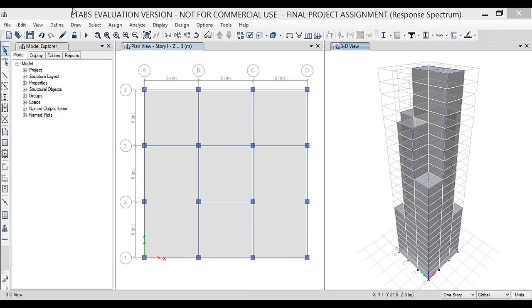Today, I will be showing you my second assignment as a part of the Skyfi Labs workshop. In this video, I will be showing you an analysis and the design for a seismic resistance building, which is carried out by two processes. In this structure, I have defined the various material properties as well as section properties.